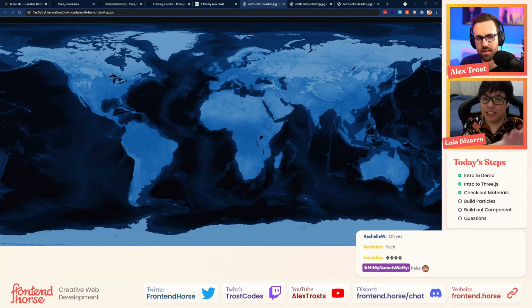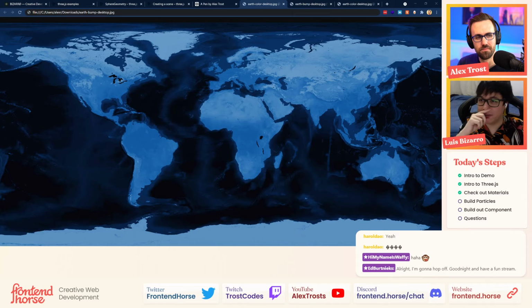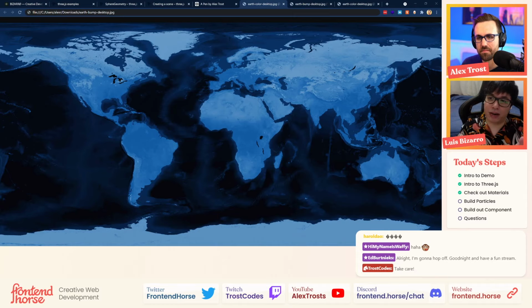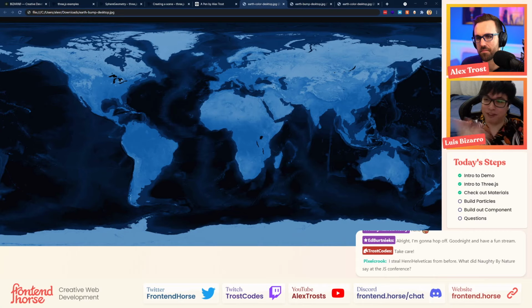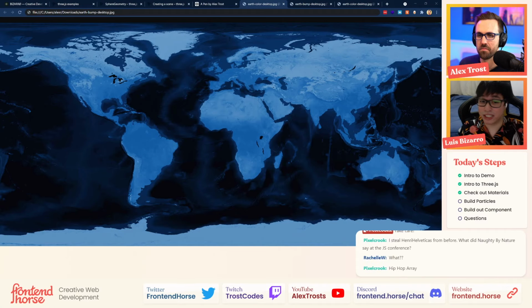Because we're using a sphere, we don't need to worry about UVs and things like that. UV is usually when you create a 3D model, you need to wrap these kinds of textures onto your 3D model. To achieve that, you basically wrap the UVs. This is something that is more for the 3D designers, because when you work as a creative developer for 3D websites, you don't necessarily need to create all these assets from scratch.